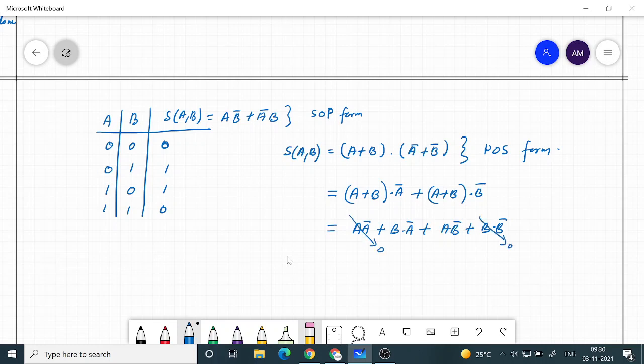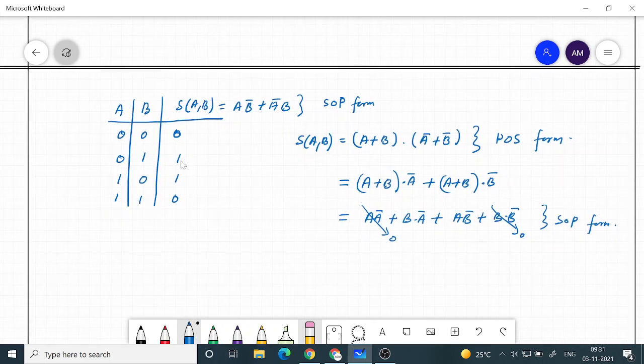So you get back the SOP form. They are essentially the same. By looking at the cases where it becomes 1, you can write SOP form. By looking at the cases where output becomes 0, you can write POS form.